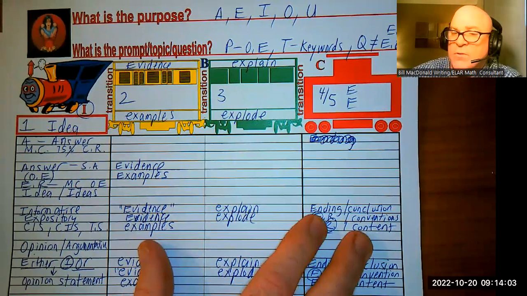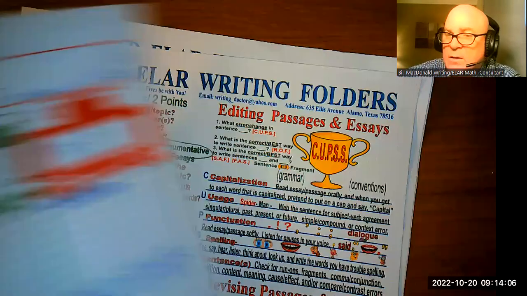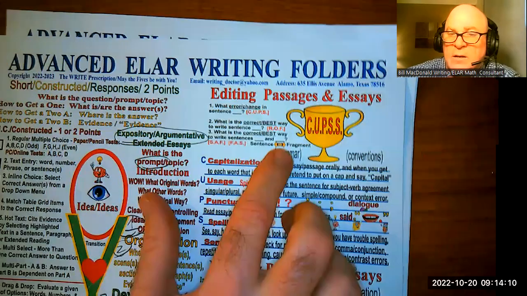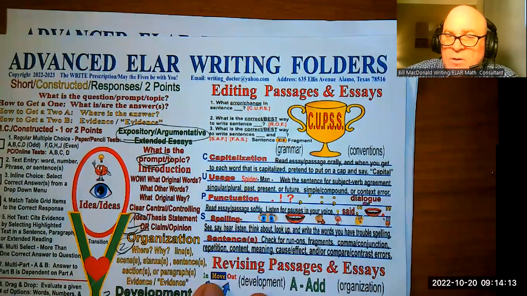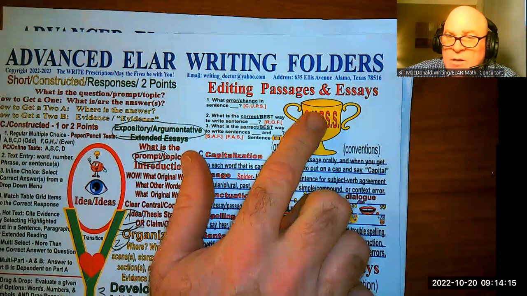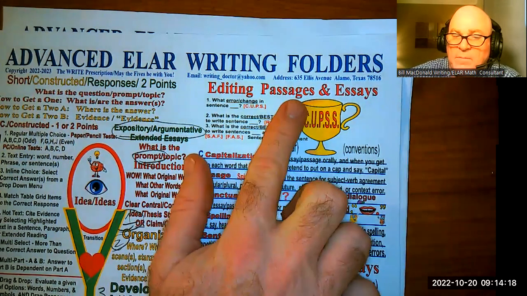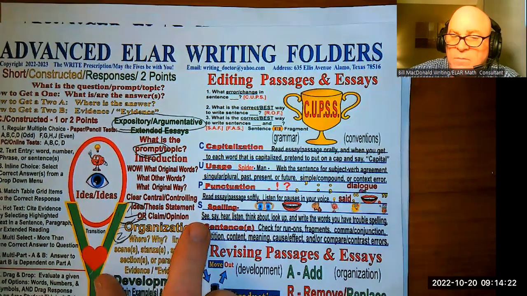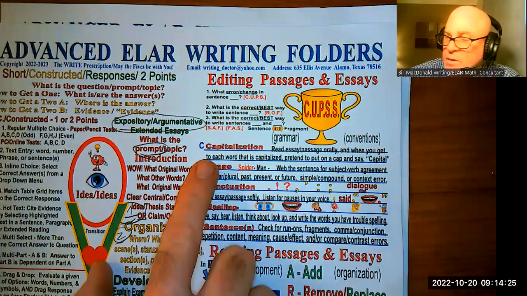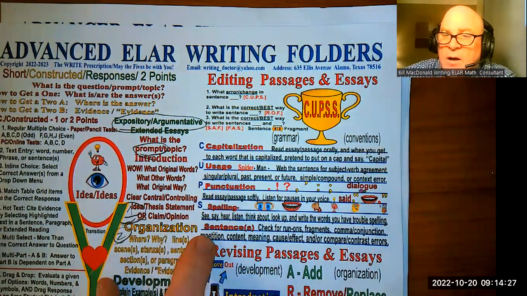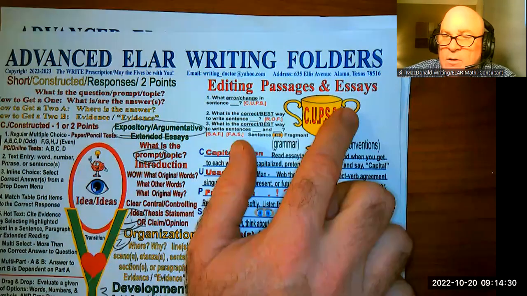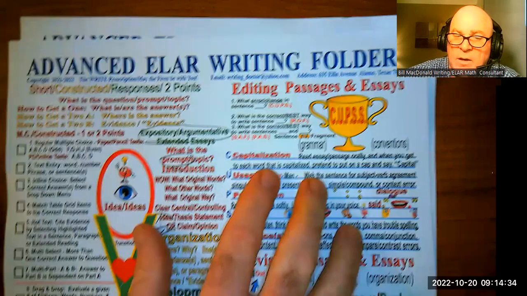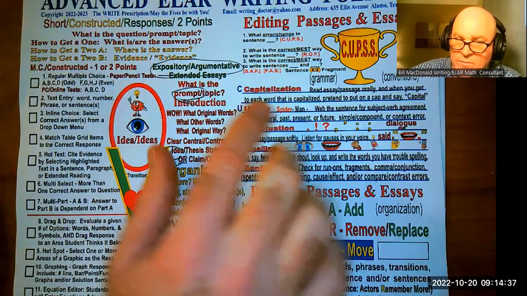And so for those of you that have the new folders, you see that there's editing for passages, because there's going to be 2 passages in 3rd through 10th grade that are about cups with 2 S's, the ones you're used to, and the sentence boundaries. There's also going to be up to 4 points that your kids can earn on the extended essay, which is this one right here. And you see here at the bottom, once you finish,